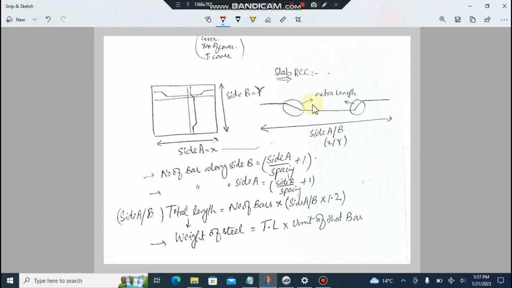A standard extra length should be added on the side of the bar, normally the total length multiplied by 1.2. This is the total length of that bent bar. So 1.2 is a factor of safety for extra length. Always remember, don't forget to add this value, or you can add an accurate value using the triangular formula and calculate